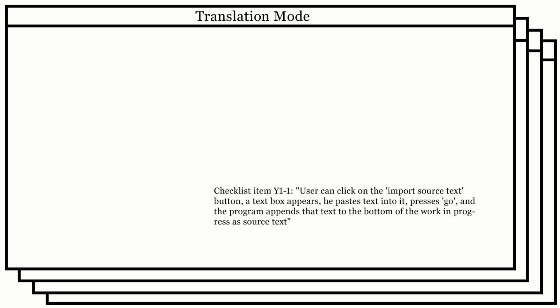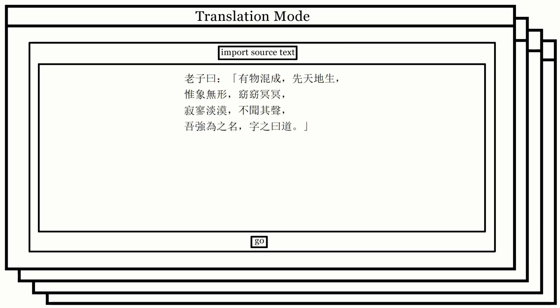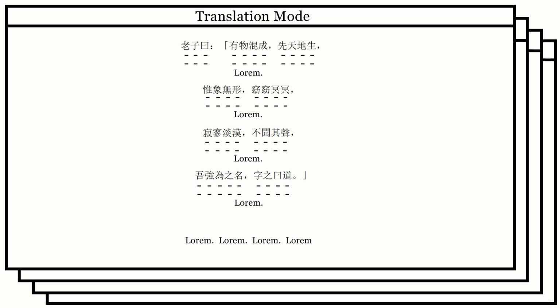Okay, checklist item 1-1. User can click on the import source text button. A text box appears, he pastes text into it, presses go, and the program appends that text to the bottom of the work in progress as a source text. Let's suppose that the user clicks on that import source text button and then pastes this text into it and presses go. Now, since that's appended to a blank project, the source text in translation mode is now these 4